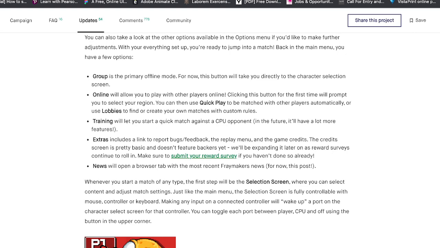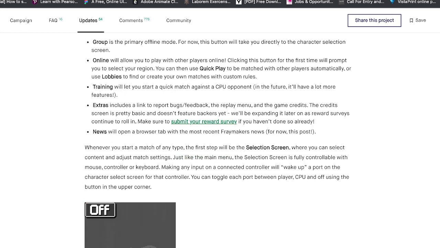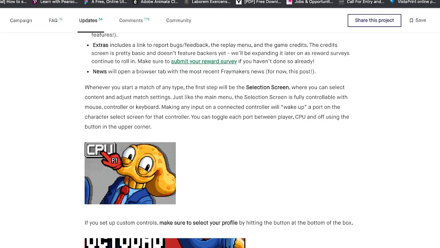And then news. News will open a browser tab with the most recent Fraymakers news. For now, this post. Whenever you start a match of any type, the first step will be the selection screen